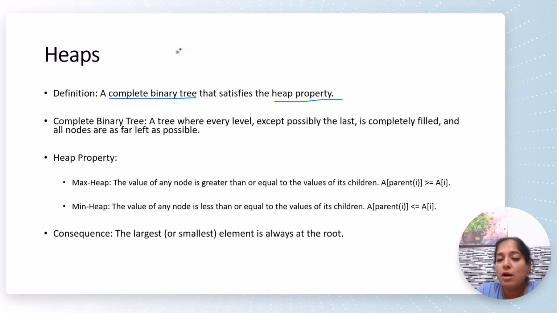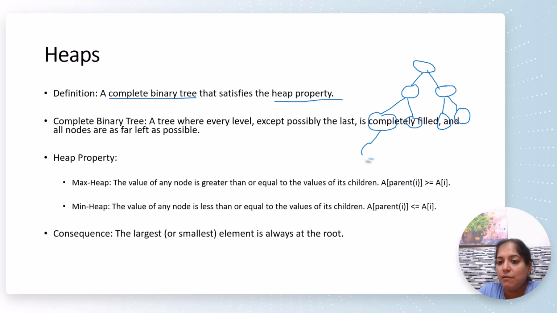First of all, a binary tree is a tree in which each node can have at most two children, not more than two. It can have 0, 1 or 2 children. A complete binary tree is one in which each level is completely filled except the last level, and nodes are inserted from the left side. For example,